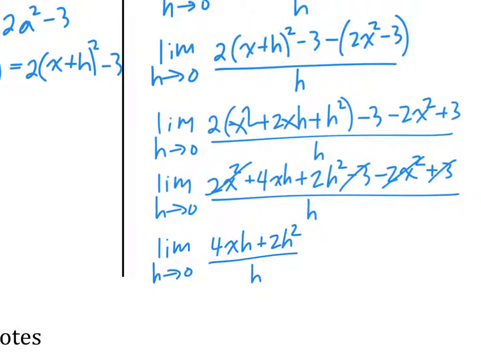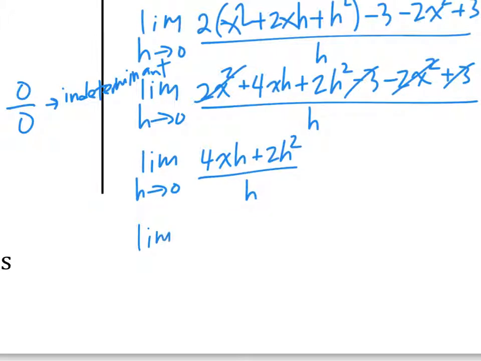Okay, what's going to happen if I plug in h equals 0? Because limit is when h goes to 0. So what happens if h is 0? Actually, there's a name for that. 0 over 0 is called indeterminate. It means we don't know. It's not undefined, it's we don't know. So anyways, you'll learn that next year. Okay, so we can see that I can cancel out h from the numerator and the denominator, right?